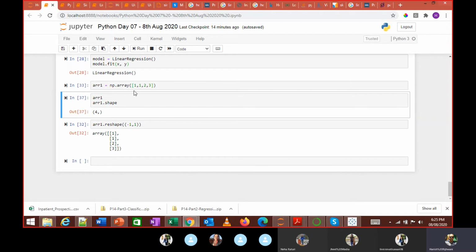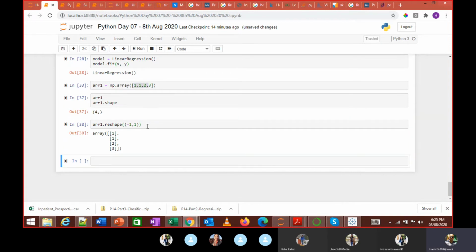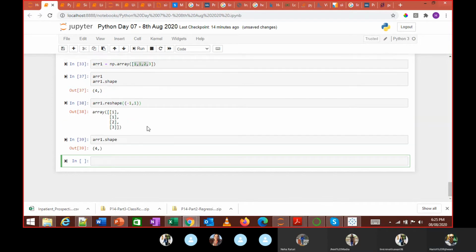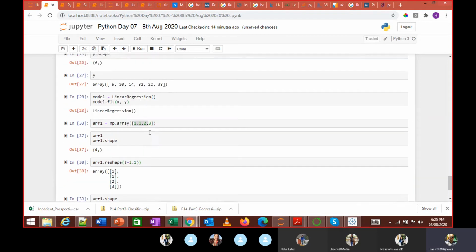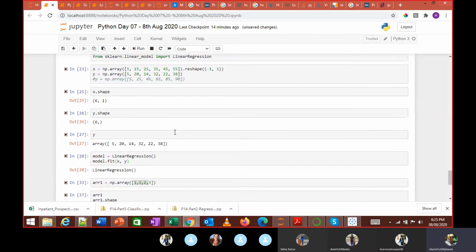Four values are there in this. And when I run this reshape and now check the shape, this is not what I wanted. This is what is happening.